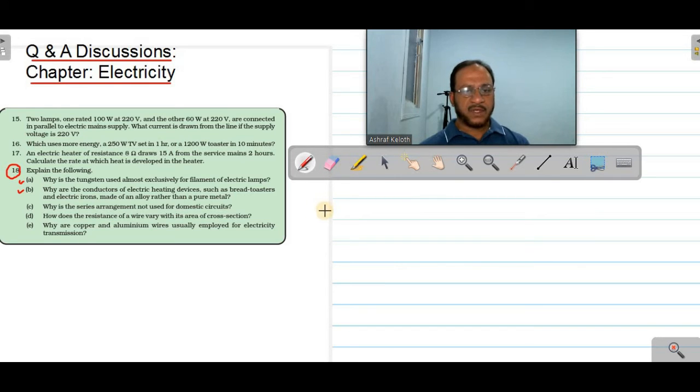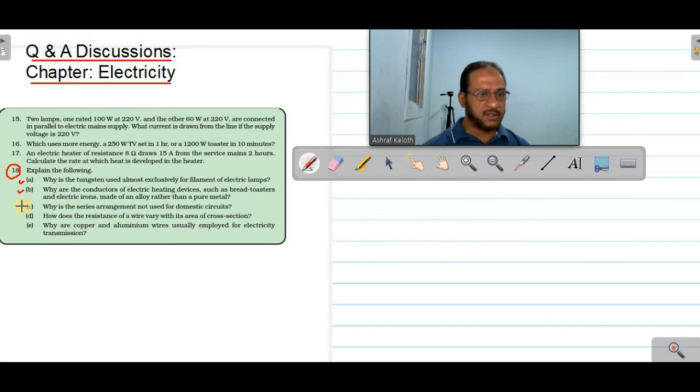If it is pure tungsten metal, if you are heating it in open air without the glass bulb, without the glass casing of the bulb, the tungsten will react with atmospheric oxygen to form tungsten oxide, and it is a smoke, it is a gas. If you heat a single metal to a very high temperature, it can easily oxidize by reaction with the oxygen in the atmosphere. But alloys will not oxidize easily when heated in contact with the air. The next question number C bit.